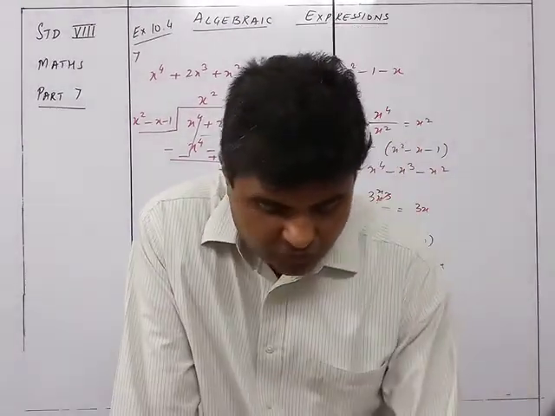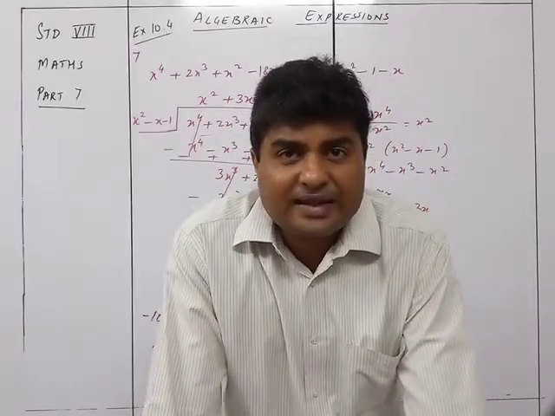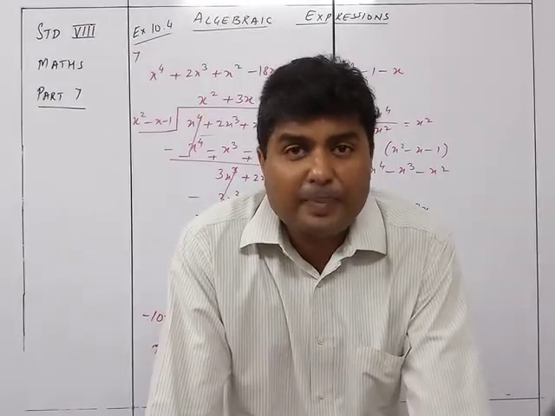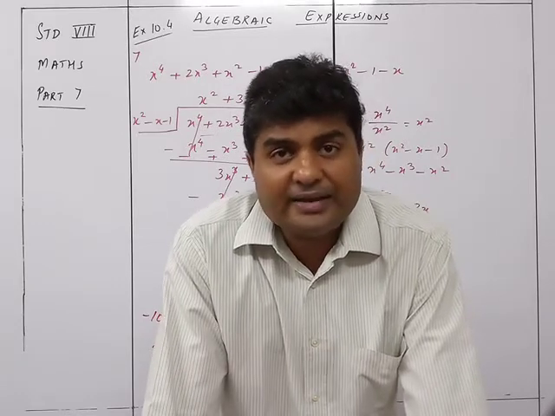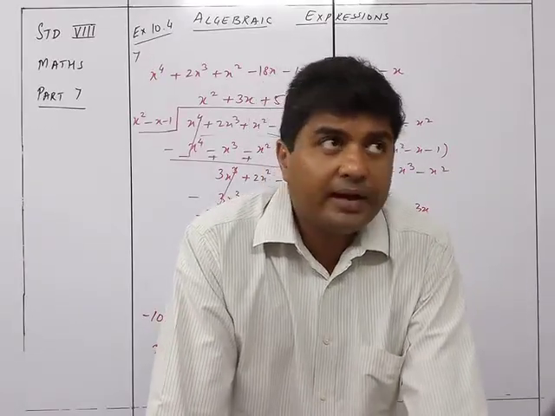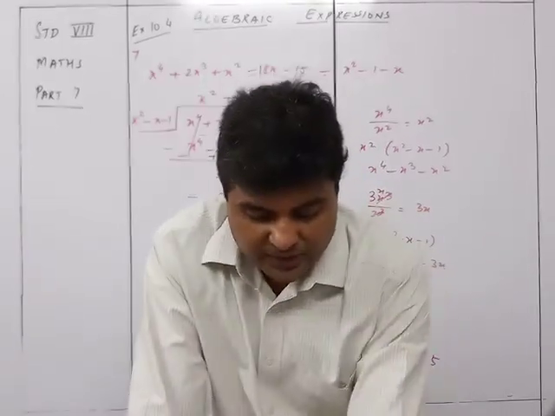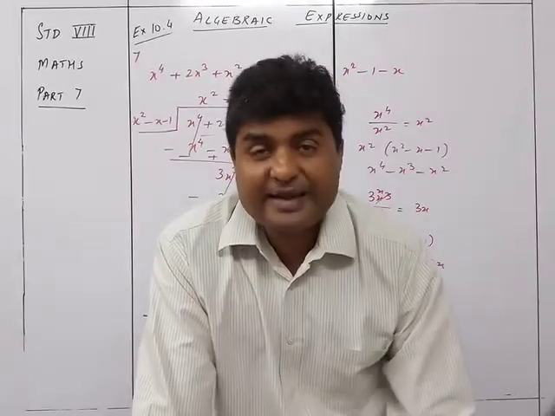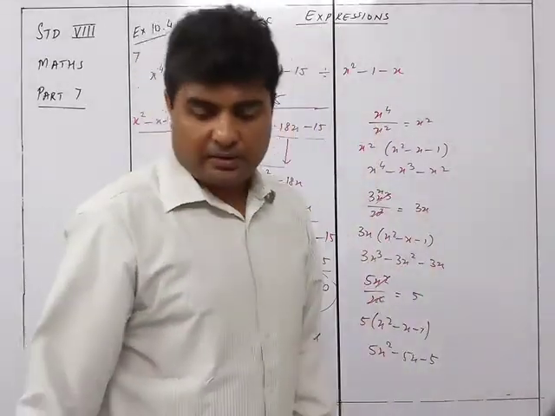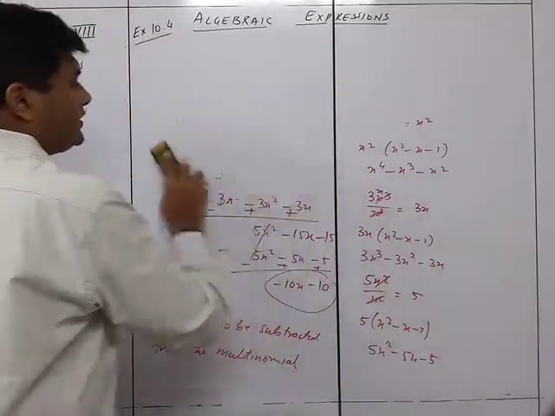So this was about the exercise 10.4. Now the next part is about the identities, and these identities are very, very, very important. These identities are the basics of the 9th standard. In the 9th standard, you have a complete chapter based on expansion, and there are, I think, somewhere in 19 different formulas. Out of those 19 formulas, what you are going to learn in this particular year, that is in the 8th standard, will be only 3 of them. You are going to learn only 3 of them, and I just introduce those 3 to you, and then in the next video, I'll do the exercise and explain that part.